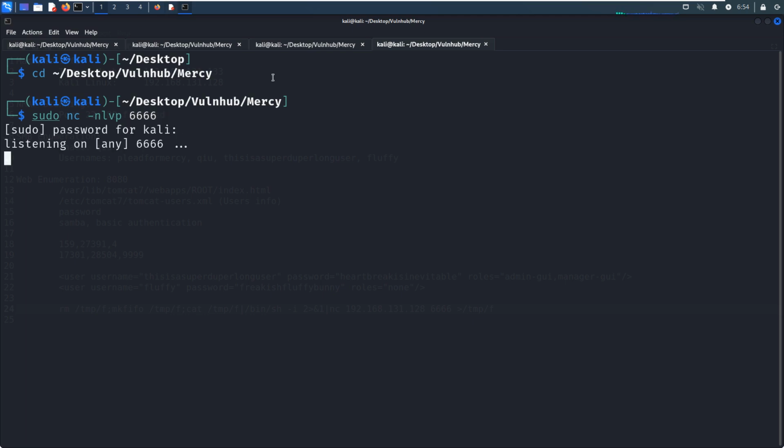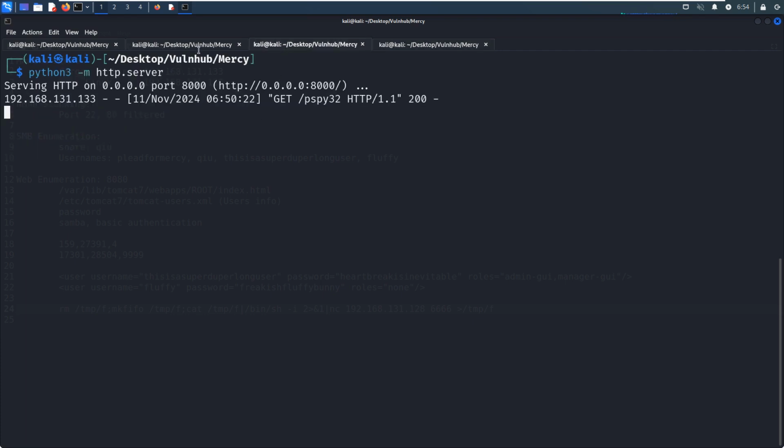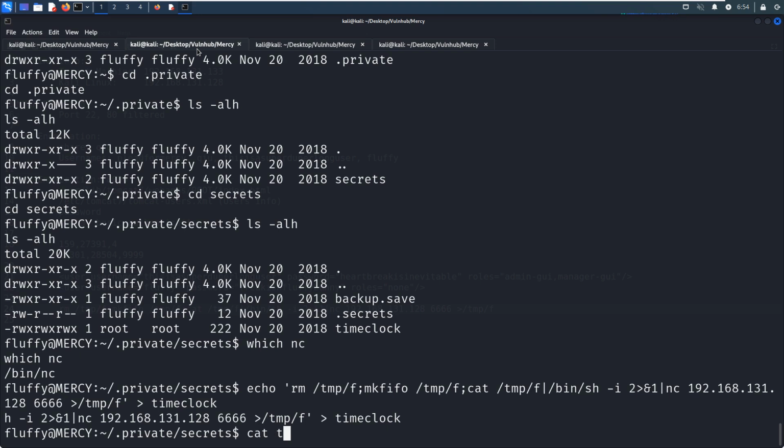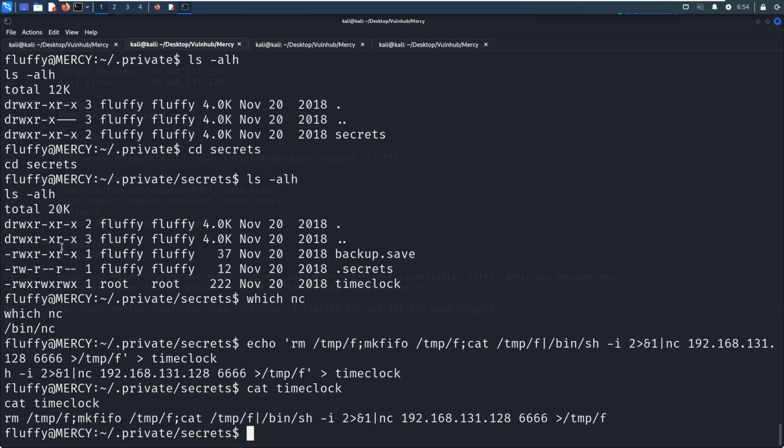It's done. And then we can wait for a new connection originated from the target. This connection should be triggered by the root user, and then we can get our privilege escalated. Okay? Maybe I need to cat this file to make sure we have already saved the command properly into this file.